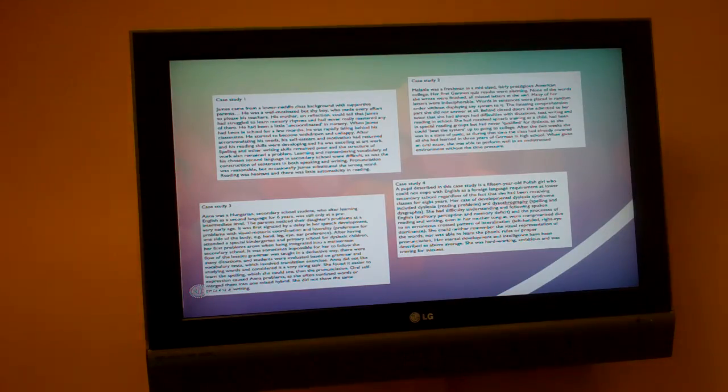So, well motivated but shy. Shall I read it to you? Yeah. All right. James came from a low middle class background and supportive parents. He was a well motivated but shy boy who made every effort to please his teachers. On reflection, it is clear that James was struggling with nursery rhymes and had never really managed to learn them. He was a little uncoordinated,